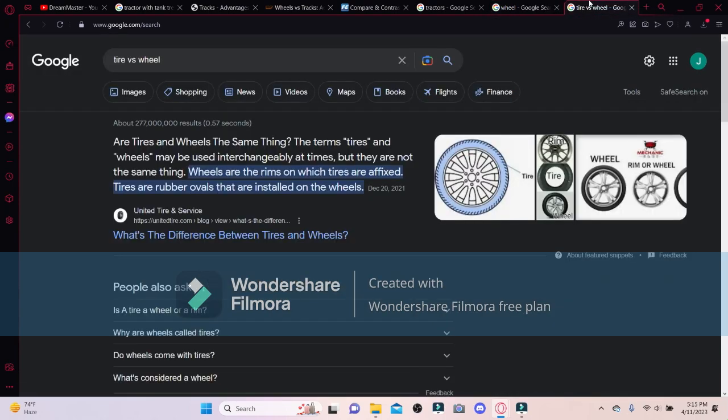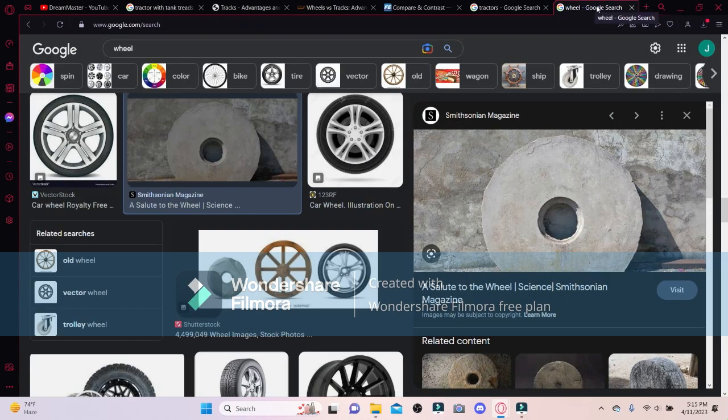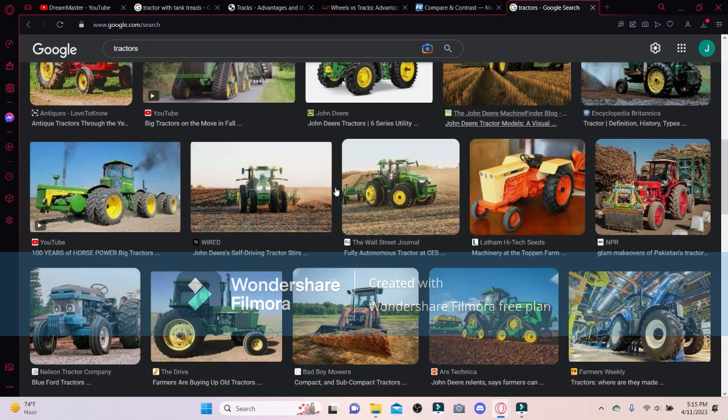Now, before we get into this argument, I may use tires and wheels, but wheels are the rims, and tires are the rubber right here. So if I say wheel or tire, either way it's the same thing. Still the same. Anyways, my whole point is,